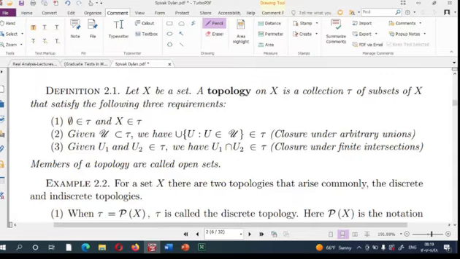In the definition of topology, a subset of P of X such that it has these three properties, every member of a topology is called an open set. Okay,